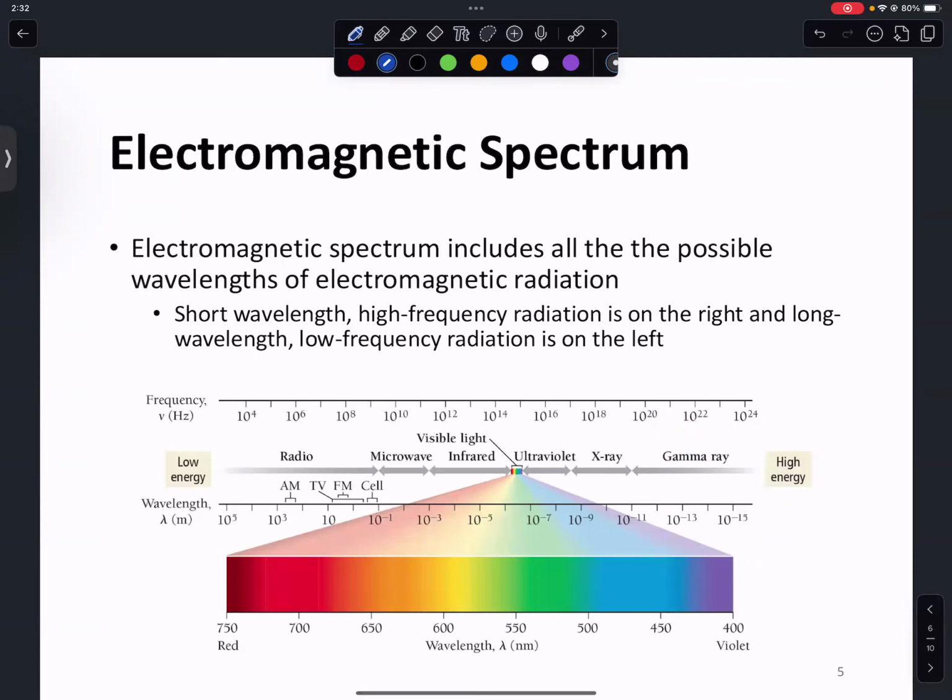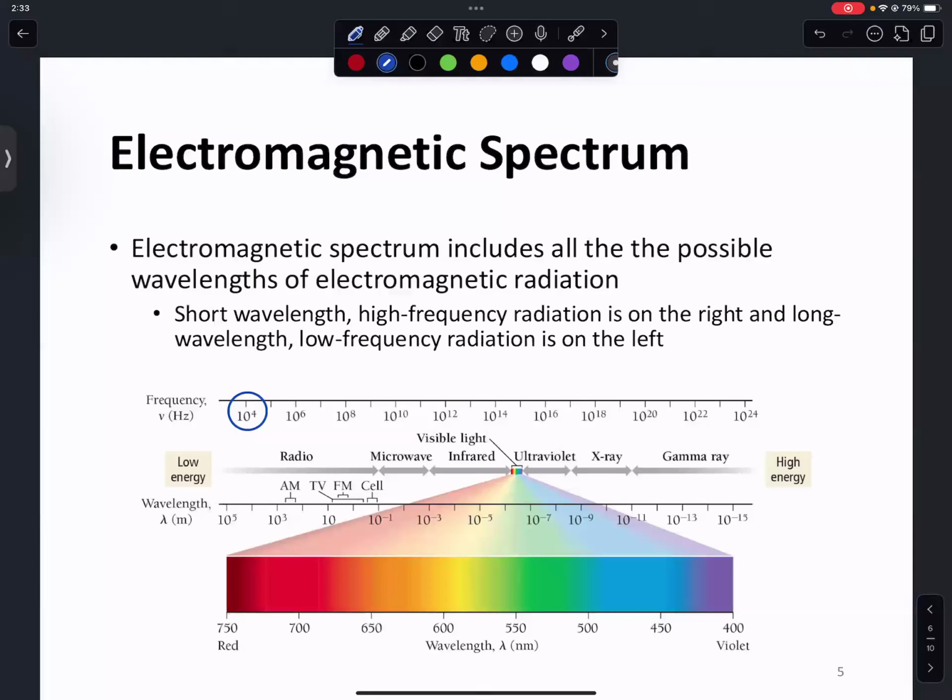Now, let's talk about the components of the electromagnetic spectrum and what you are exactly expected to know for this class. The electromagnetic spectrum, to begin with, contains all the possible wavelengths of electromagnetic radiation. You are not required to memorize each and every component. I will specifically point out what you're expected to know. First, you are expected to know the trends in the wavelengths and frequencies across the electromagnetic spectrum, meaning that, for example, on the very far left right here, note that I have